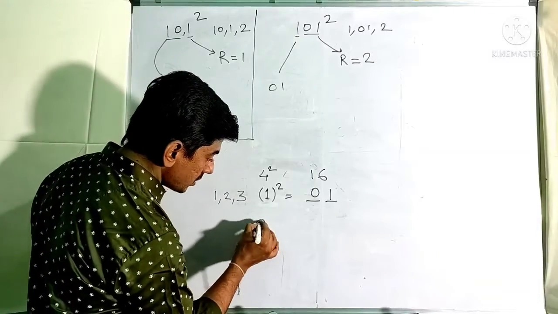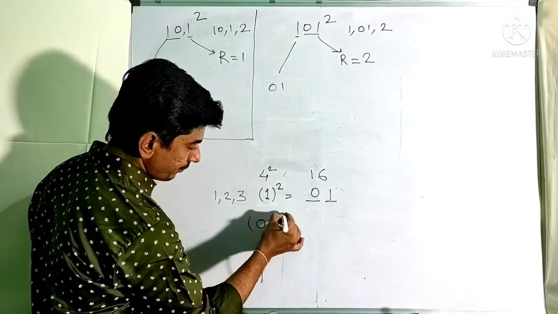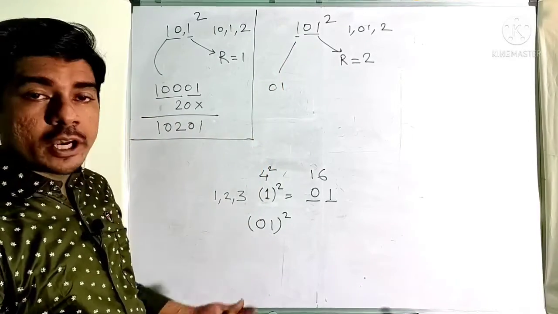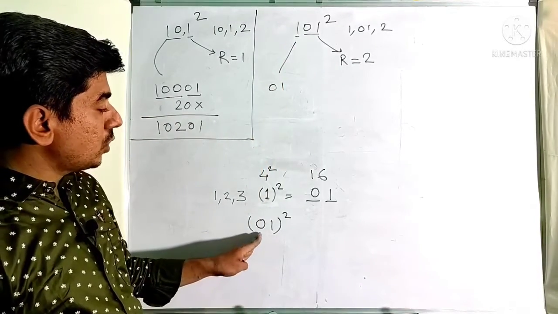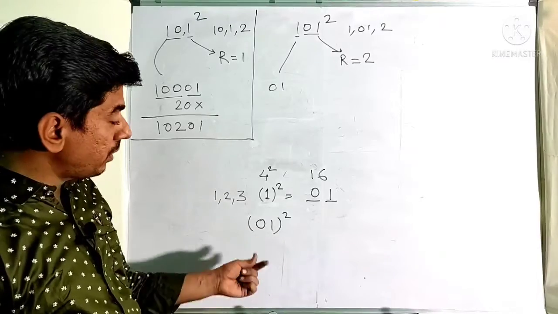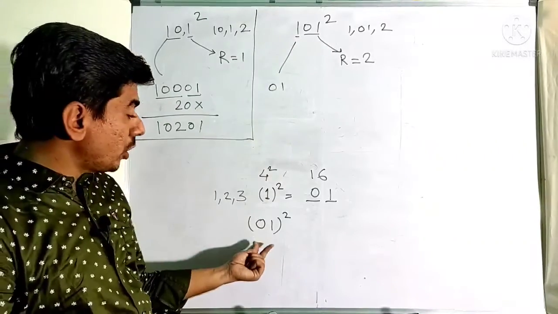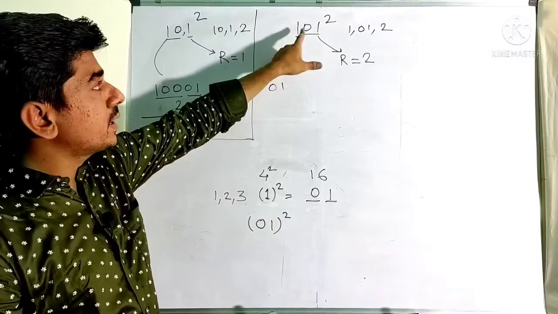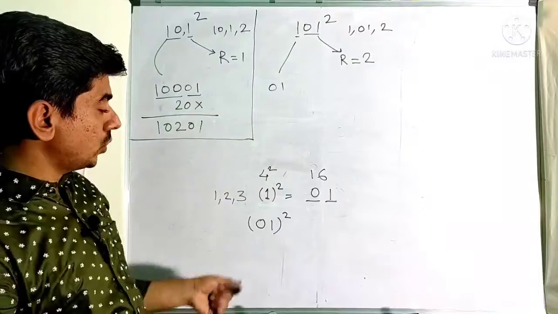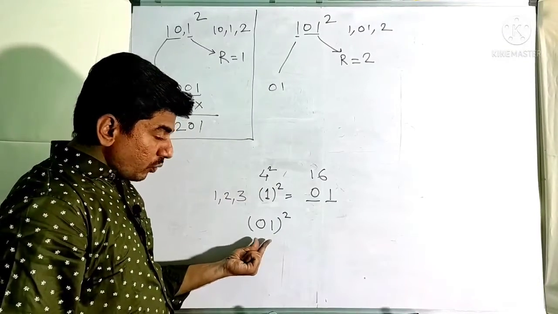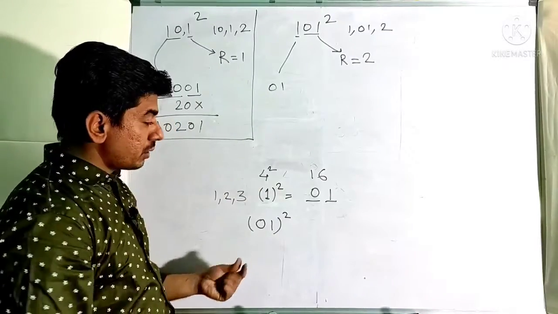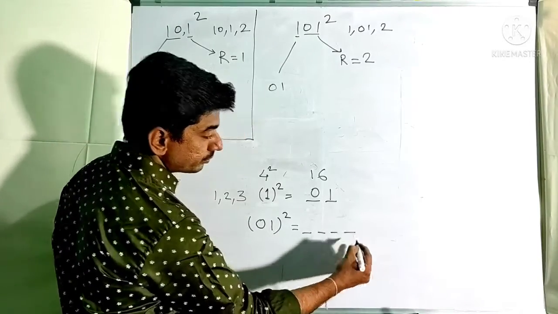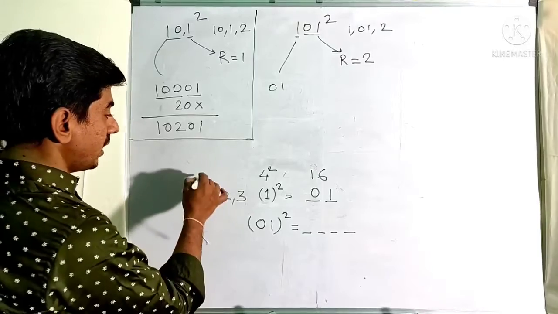If the number is a 2-digit number, see, here is the case where the number is made up of 2 digits. Actually 0 will do nothing to the value of 1, but in this method we are going to consider this as a 2-digit number, because we cannot neglect this 0 as it is between 1 and 1. Okay, here we are taking the square of a 2-digit number. The answer will be coming in 4 digits. This is very, very important.